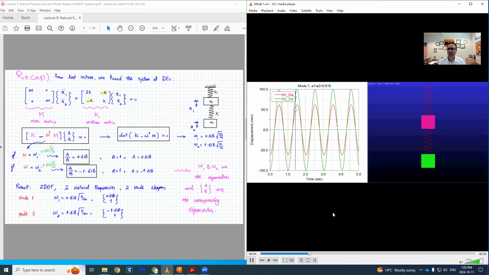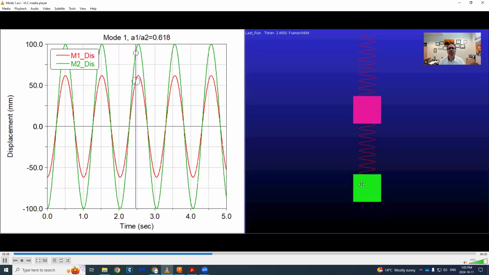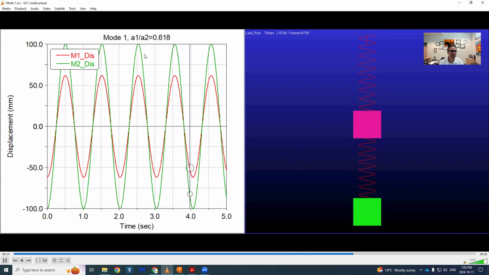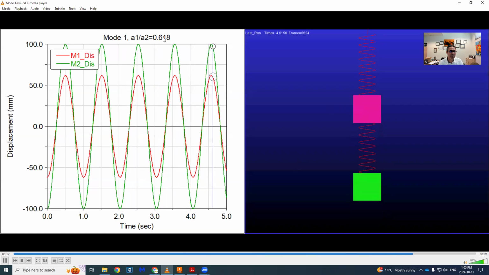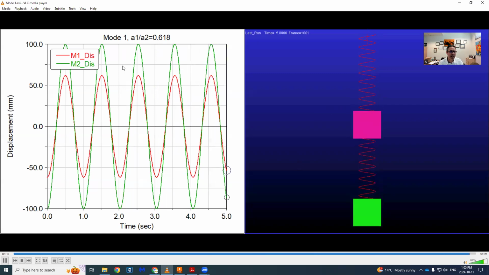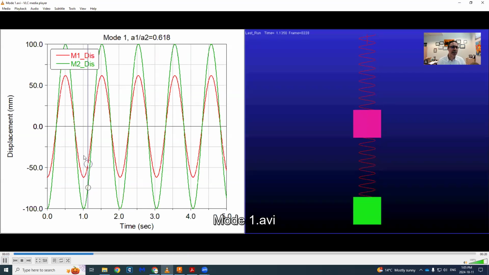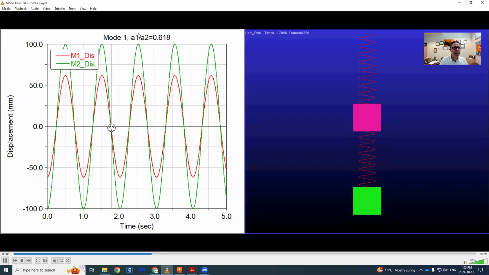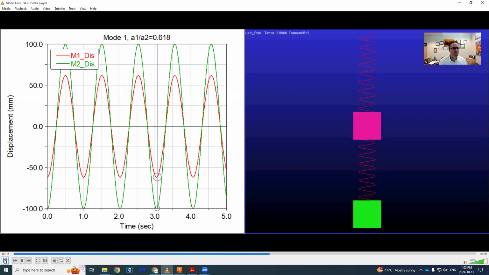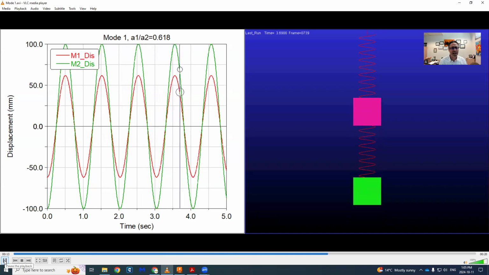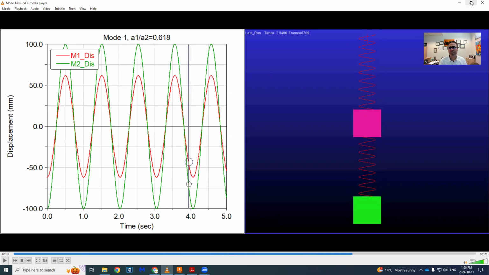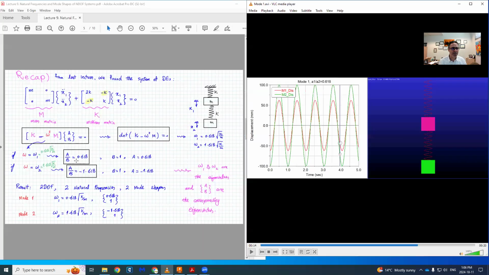If I show the simulation over here, as you see, let me maximize it. The two masses move up and down together with the same frequency, and the ratio of their amplitude is that number that we found analytically as well. There, again, I'm going to show it. So that's the first mode, the first natural frequency, and the amplitude of these two masses, as you see, one of them is larger than the other, as we managed to find out in simulation, right? That's our first mode,